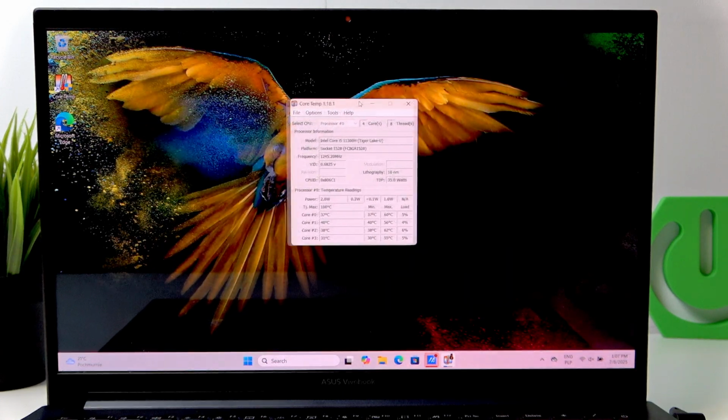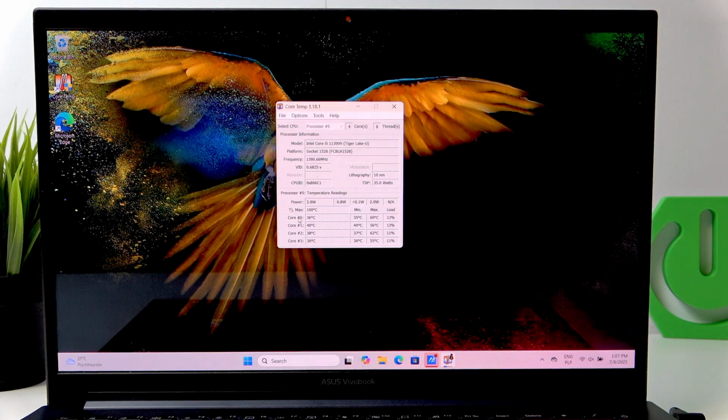And here you have the Core Temp, and as you can see, Core 0, and here you have the temperature, Core 1, Core 2 and Core 3. You have temperatures of all 4